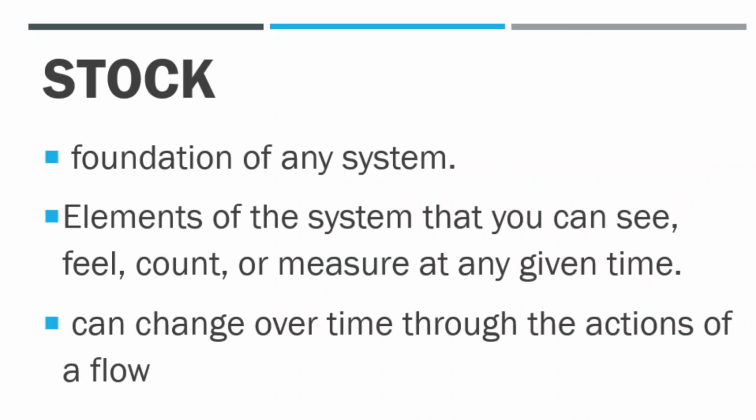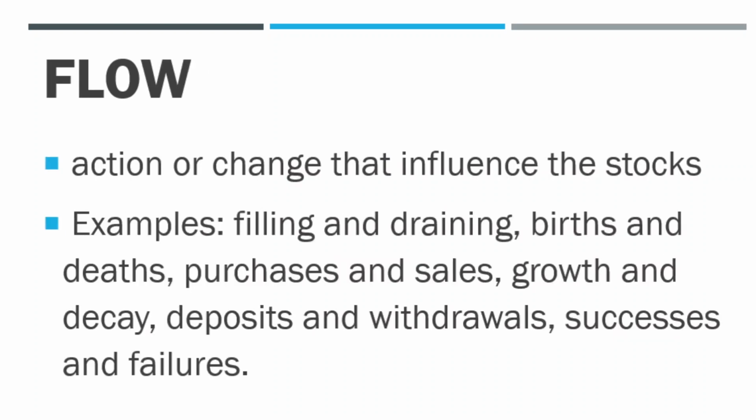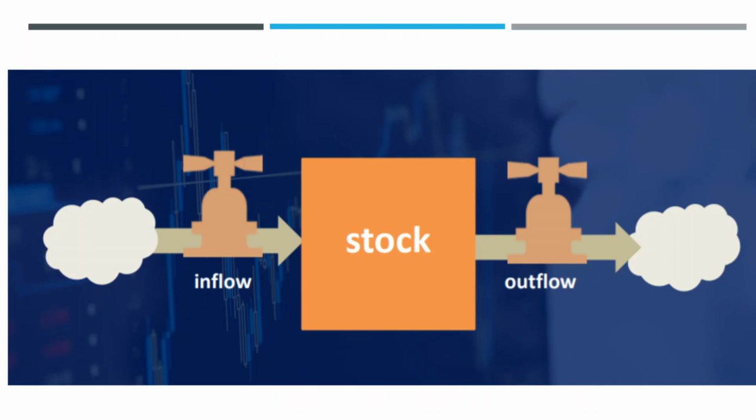Again, the stock is the elements that we can see, feel, and count. These are the tangible elements. The flow, on the other hand, is the event affecting the stocks, whereby the stock can either increase or decrease. Okay? So in systems thinking, we will encounter many diagrams. Actually, in our next lesson, we will discuss causal loop diagrams and feedback loops. So we will discuss all of those. Let me give you a little idea.